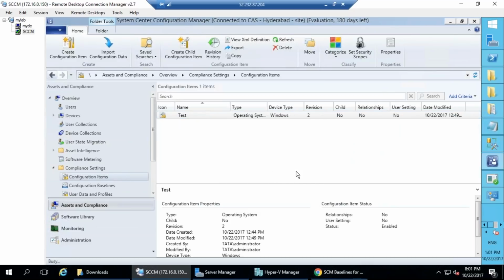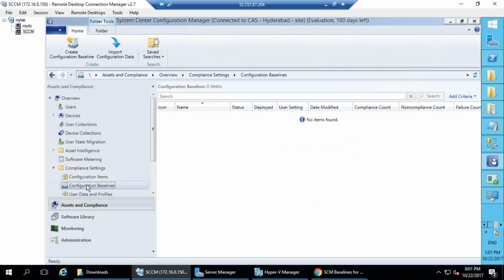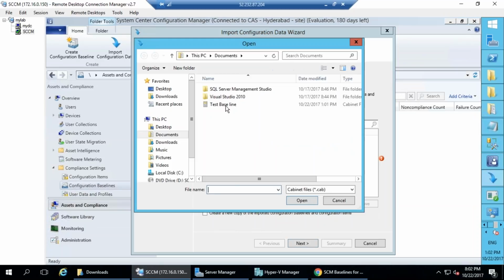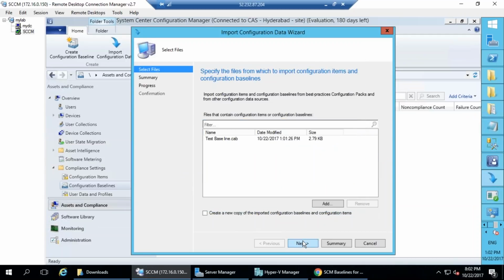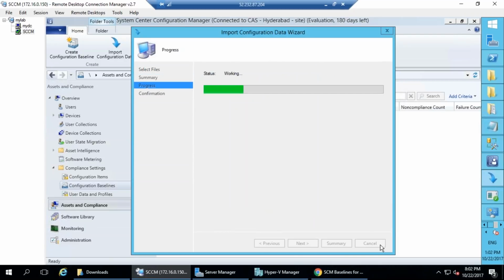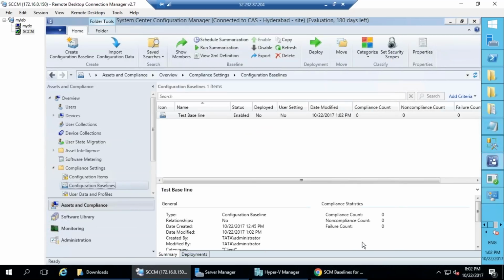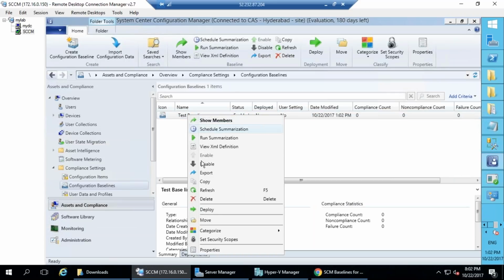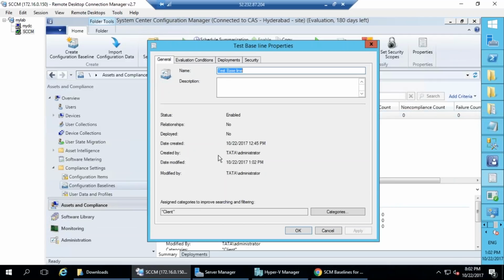I wanted to show you one difference: when you import anything from an outside source, it comes like this. One configuration item is coming up, one baseline is coming up. This is what I want to show you. Post that, it actually locks. There would be a key lock pad there. That's what I wanted to show you. So actually, if I go to properties,